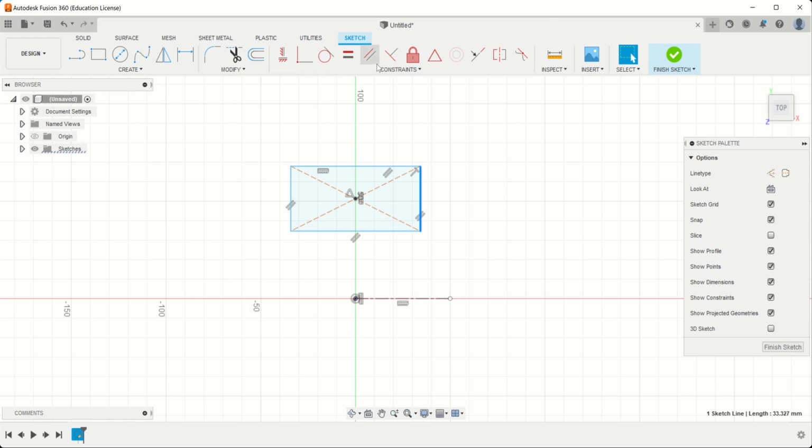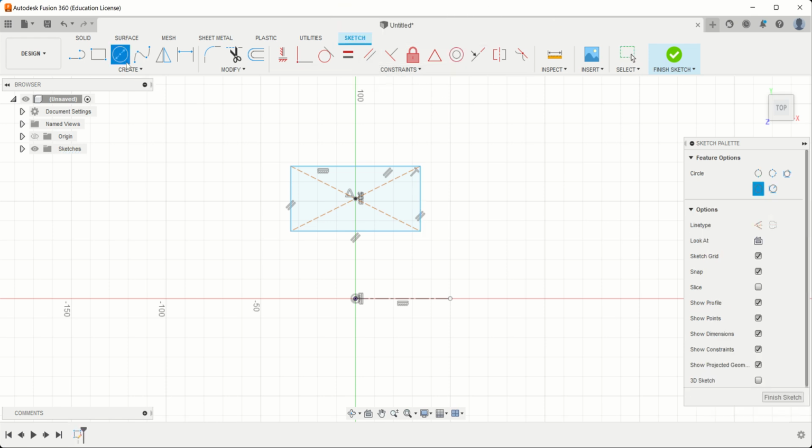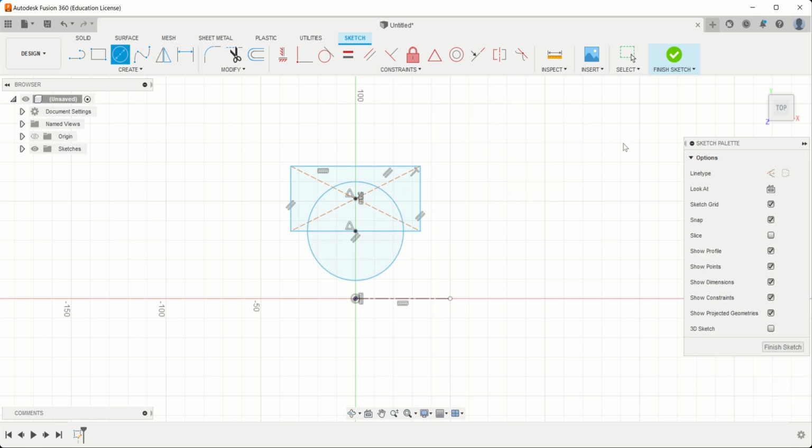Okay, so I'm not worried about the sizes just yet. So next thing I'm going to do is create a circle, and again you see it's come up midpoint this time, so I'm okay with that. So I'm going to click and I'm going to draw a circle. Now as long as I don't click on that center point, I'm okay. So there we go. So now you can see I've got the basic shape. So I can trim away the parts